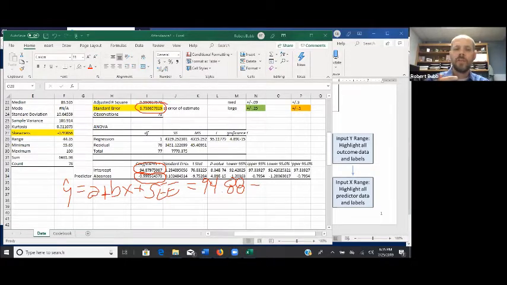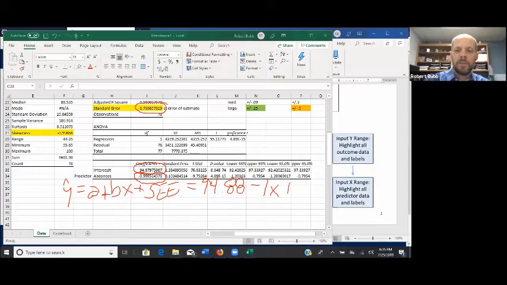I mentioned earlier how to tell if your R statistic was positive or negative. One way is to look at the scatter plot. The other way is to look at the sign of your coefficient for that predictor. Here it's a negative value. That tells us we have a negative relationship, so it's a negative correlation. And so a negative and positive makes a negative. So it's going to be 94.88 minus, if we're rounding to two places, 1 times the number of absences, x,